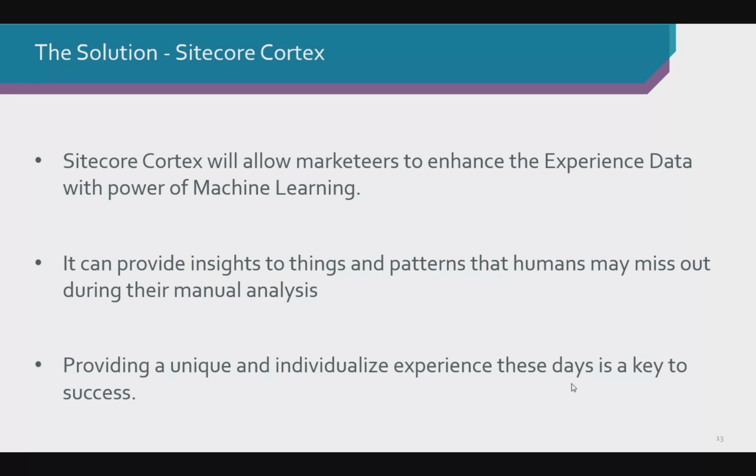Just like you saw in the case of Facebook or Netflix, where you were given individualized experiences, that's really the key to success. So with the help of Sitecore Cortex, you'll be able to find segments and patterns and other features that you would miss out manually.